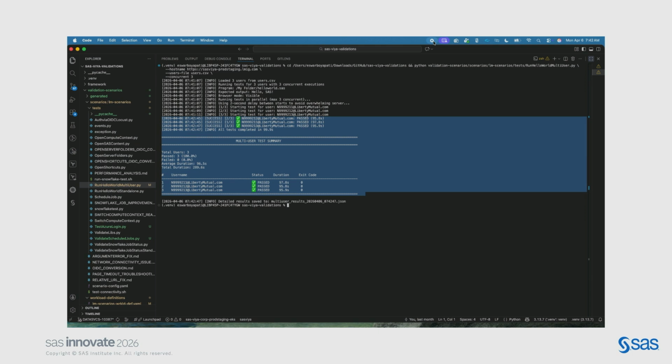Now I wanted to test the same thing. It doesn't matter whether the user is clicking on it and running the SAS program after the upgrade, or me using these open source automation tools to run the SAS program. At the end of the day, it gives you the same measure of how much time it took, before and post upgrade.